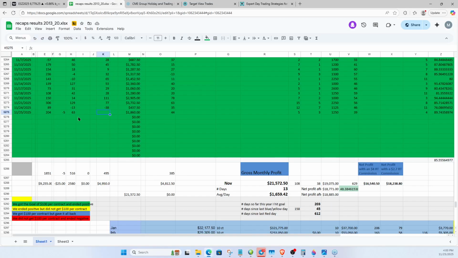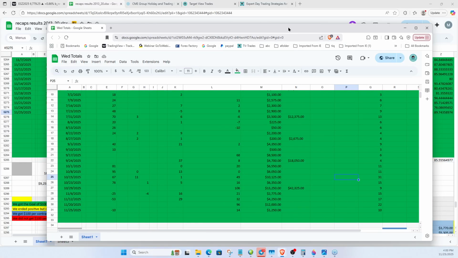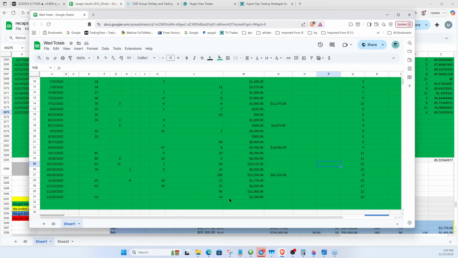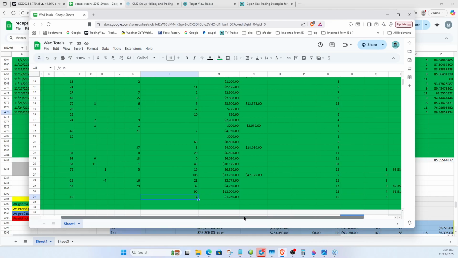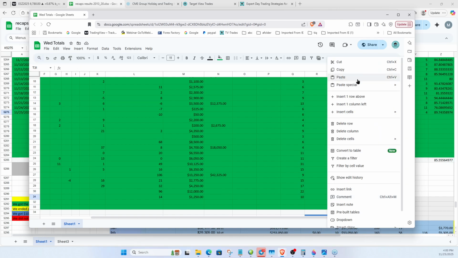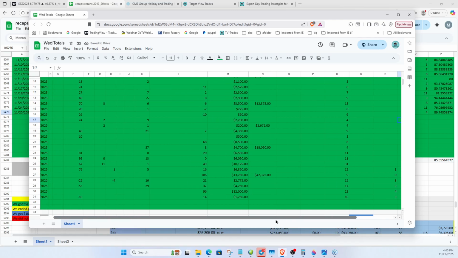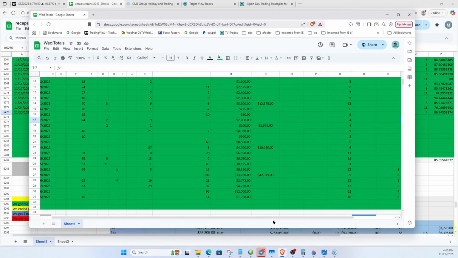So today, I'm looking at the wrong one again. Okay, here we go. For today, we're up $1,250. We're minus 10 on the NQ overall, plus 14 on the ES overall. We took 10 trades with 3 stop outs, so we're at 70% today, I believe. Yep, 70% today. So it wasn't a great day in the session, but as I said when I started the whole thing,